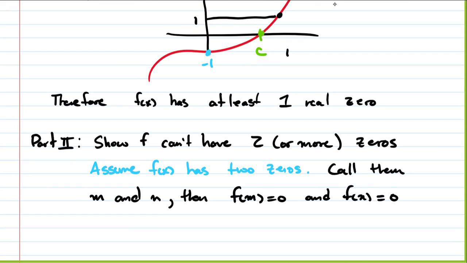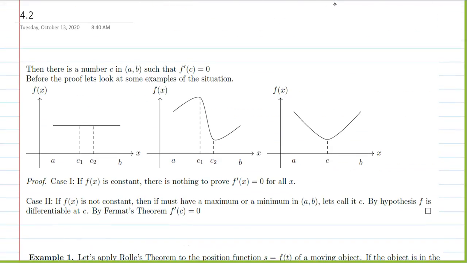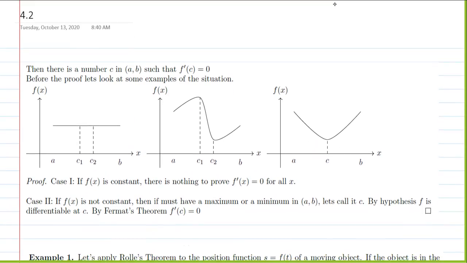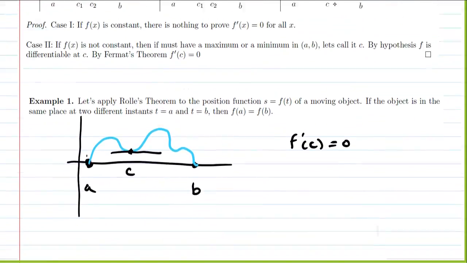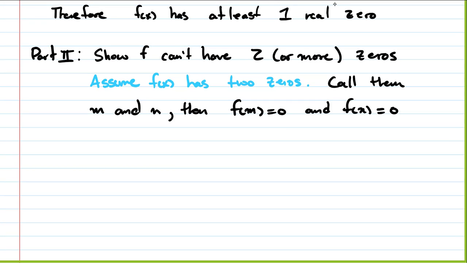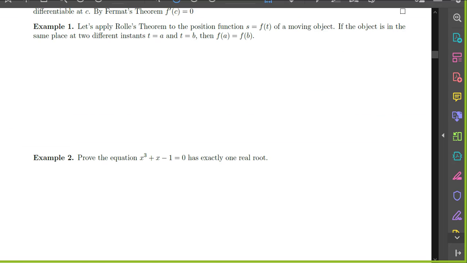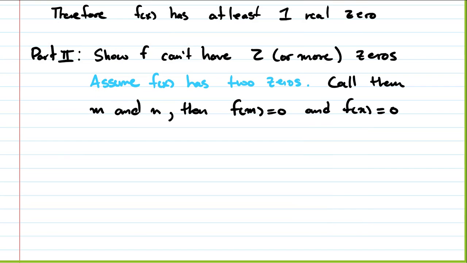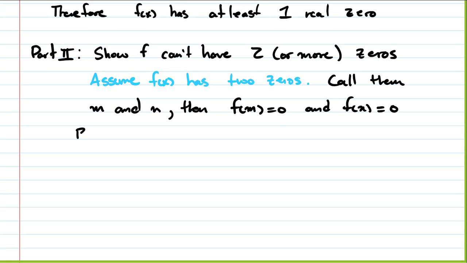Well, if f of m equals 0 and f of n equals 0, we know that polynomials are continuous everywhere. So we are going to satisfy all of our stuff for Rolle's theorem, right? It's continuous on the closed interval, it's differentiable, because polynomials are everywhere differentiable, and f of m equals f of n. So by Rolle's theorem,